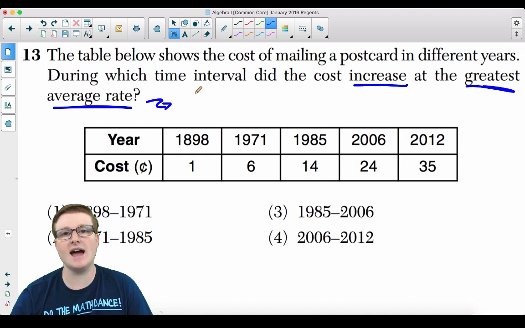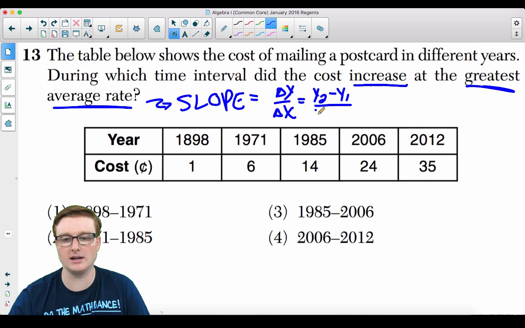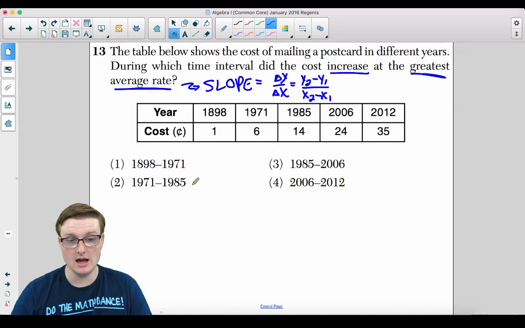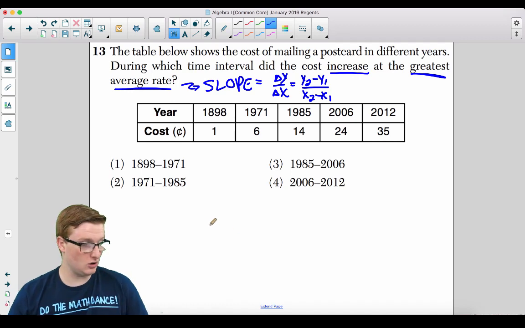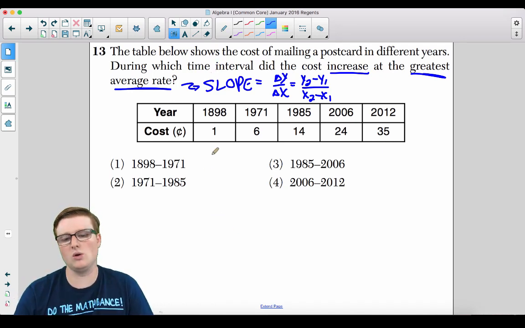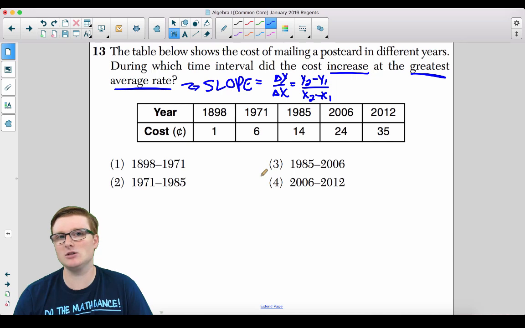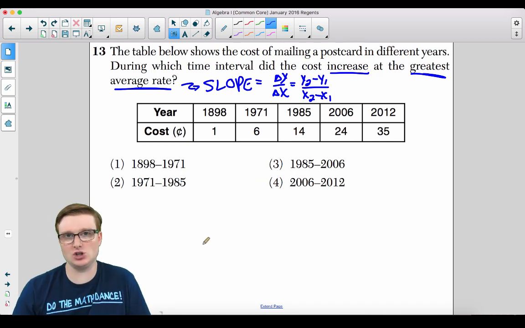You need to know that average rate means slope, and the slope formula is change in y over the change in x, which is just y2 minus y1 over x2 minus x1. So let's go ahead and calculate the slope. They give us all these times here. Just to save a little bit of time, I'm not going to go through each answer choice,